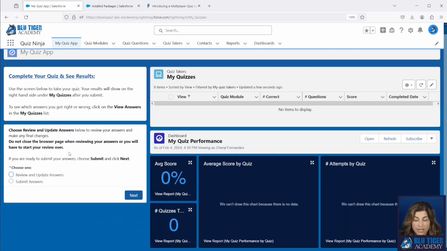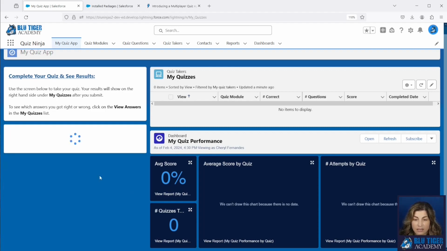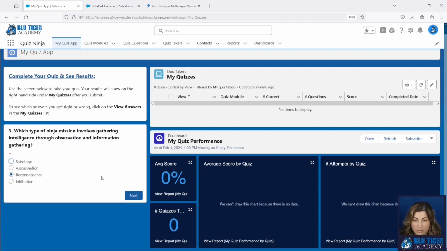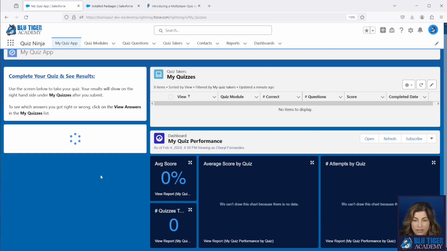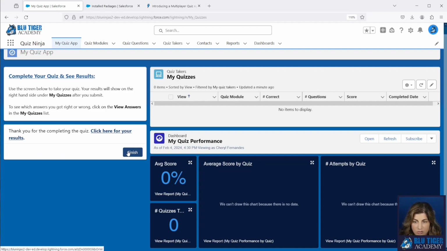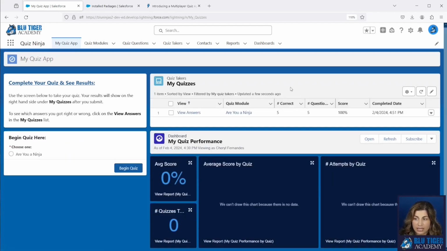Then on this page, we have the opportunity to either review and update our answers or submit our answers right away without reviewing. If the user chooses to review and update answers, the flow will remember what they selected previously and let them update their answers to something else as they go through it again. On the final step, it will submit their answers. They can click Finish, and then that's going to refresh the related list up here,